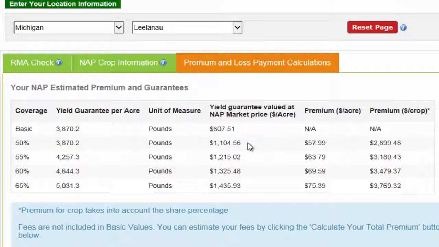The premium per acre then is 5.25% of this number, or $57.99. This last number then is how many acreage you have. So we multiply the premium per acre times, in our case, 50 acres, and we have the premium for 50% coverage of